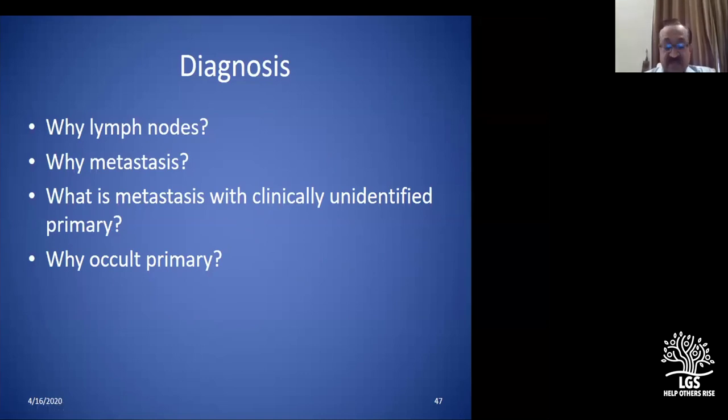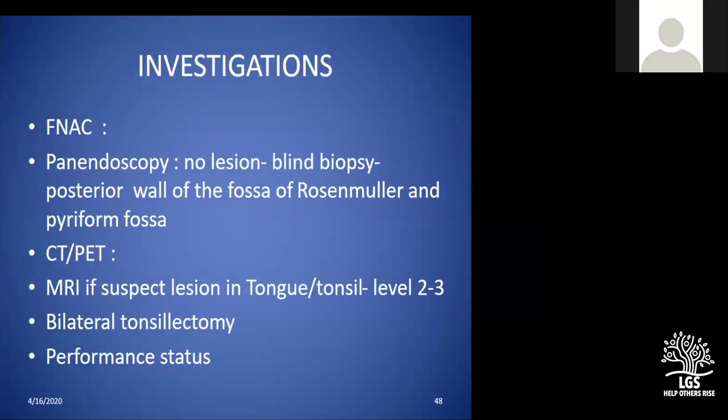How do you proceed with the investigation now? Yes, please answer. Tumor markers. Candidate who is presenting. Sir, after panendoscopy, blind biopsy. CT of the head. So, examination under anesthesia, blind biopsies. Please, one at a time, please. I agree fully. Lots of things you have mentioned. Examination under anesthesia is considered.